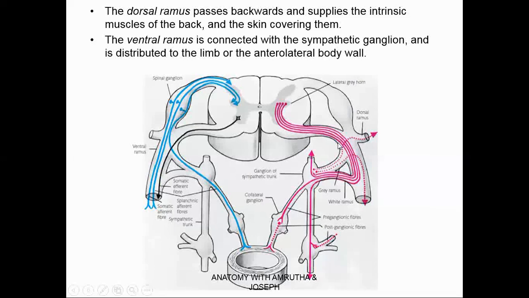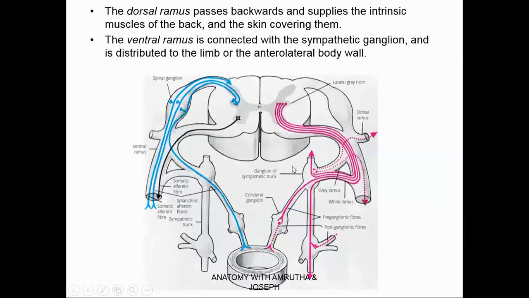Now, the ventral ramus is connected to the sympathetic trunk. Sympathetic trunk is lying on either side of the vertebral column. They are paired structures made of sympathetic ganglia. So there are a lot of sympathetic ganglia. Sympathetic ganglia usually correspond to the spinal nerve, but in some areas they are fused, like in cervical and the thoracic region. But otherwise, they are supposed to have the same number as that of spinal nerve, which is 31 pair,